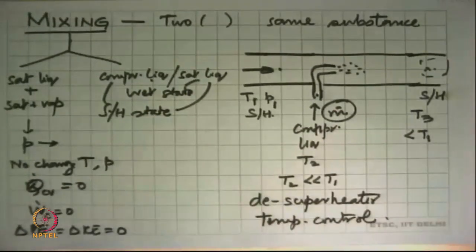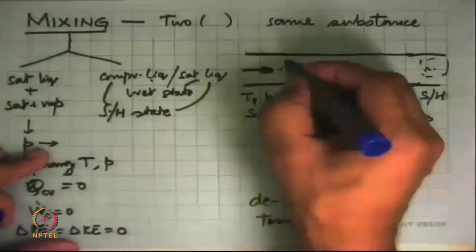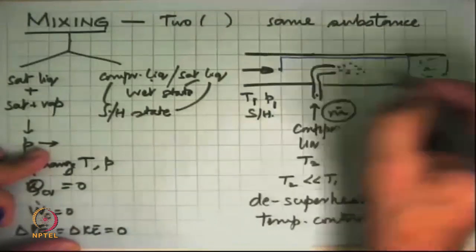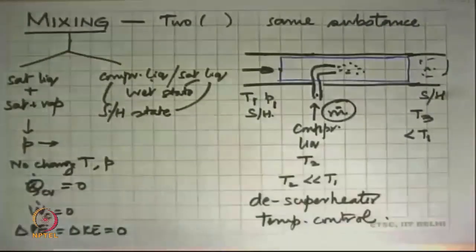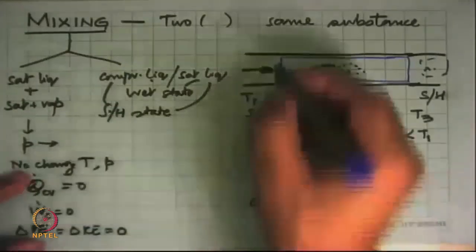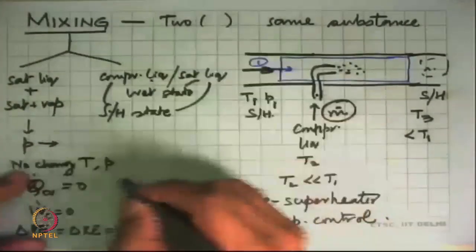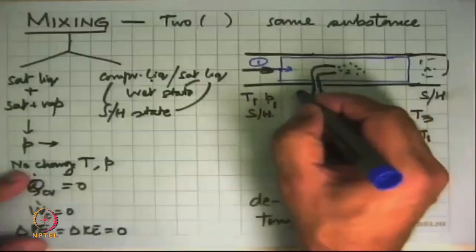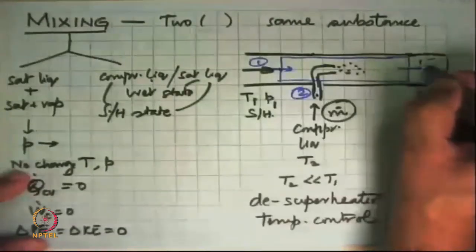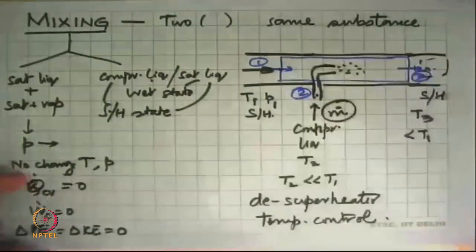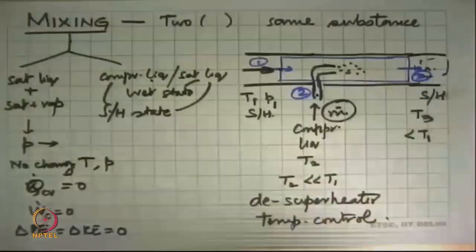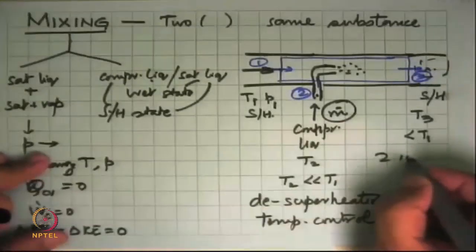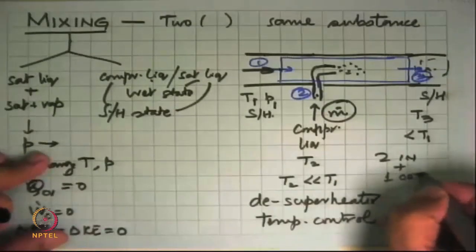So here what we are doing is, we now have to do the thermodynamic analysis of that. So we make the system boundary here. We exclude all the metal and we say, look, this is only the substance that is coming in. So we have one state here coming in, a second state here coming in, state 2, and a state coming out here. This is state 3. So this is an example where in this control volume, we have 2 inflows and 1 outflow.